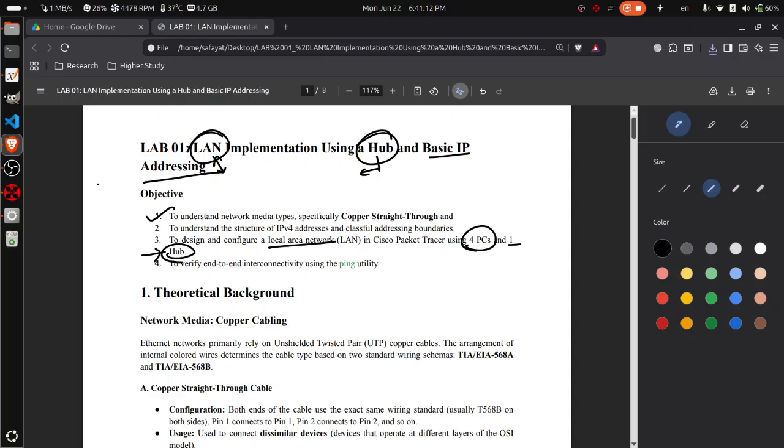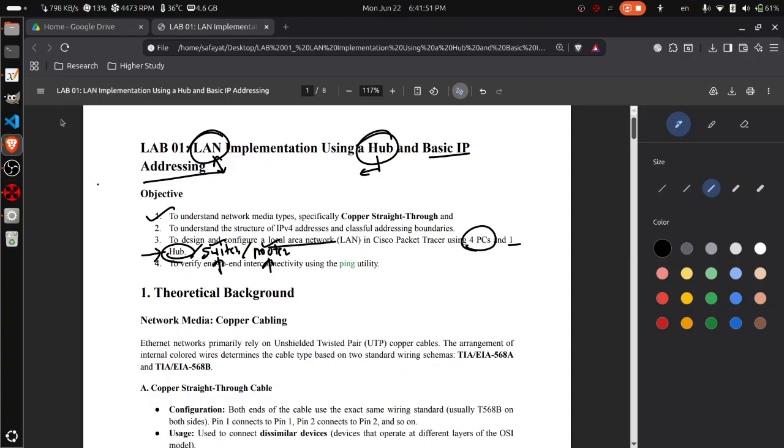And the hub is the intermediary device. We could also choose switches or routers. The progression of these devices is going to be step by step. Since we're at the first fundamental level, we're going to start with the hub. In the next class, we'll use a switch, then eventually a router, the routing configuration of them, and static routing. We're going to use different local area networks. Okay, so